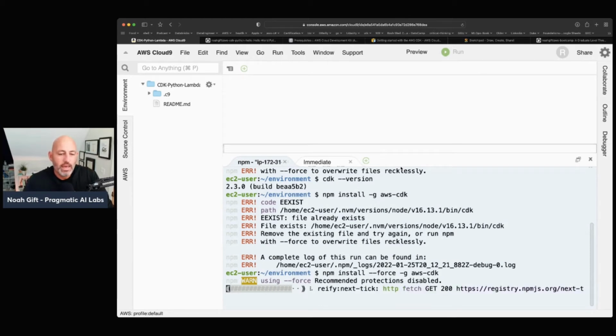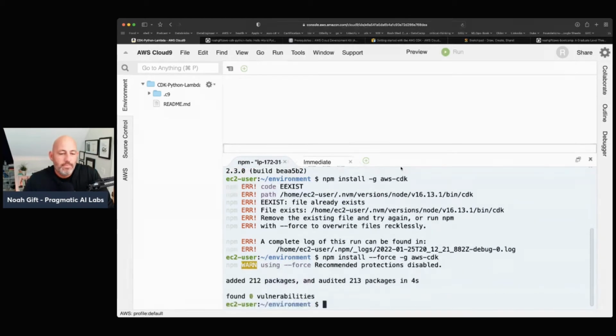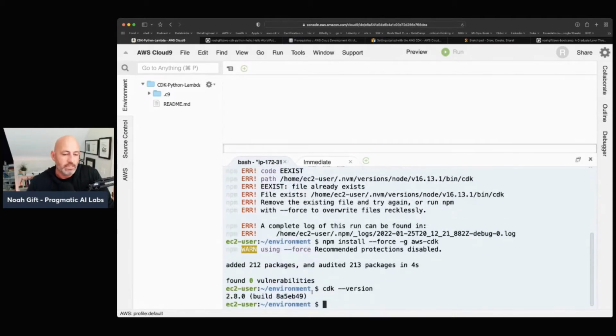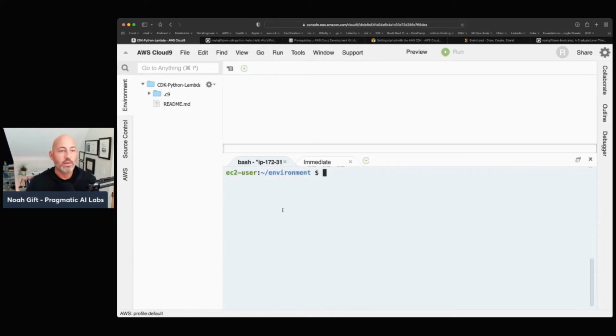Okay, let's go ahead and do that. Perfect. And now if I do the cdk --version, you'll see that it's 2.8. So that's really a big takeaway here: if you do want to get the latest version, you may have to do the --force, because the Cloud9 environment may not have the latest version of it installed. Really, that's the only prerequisite step here.